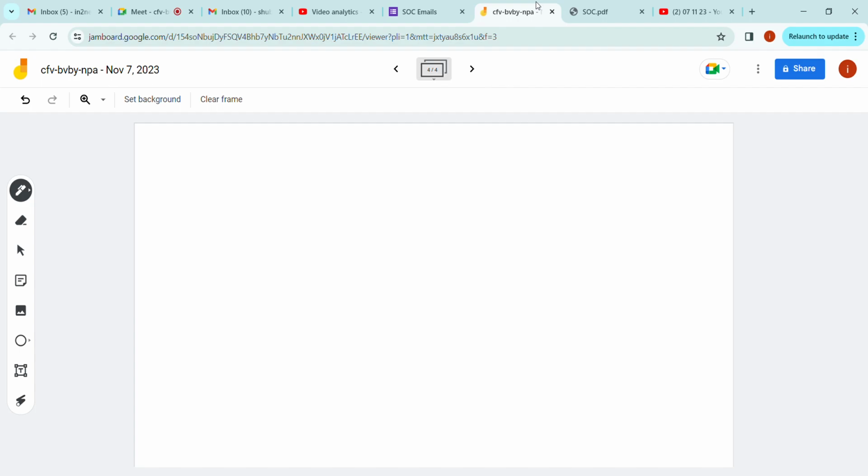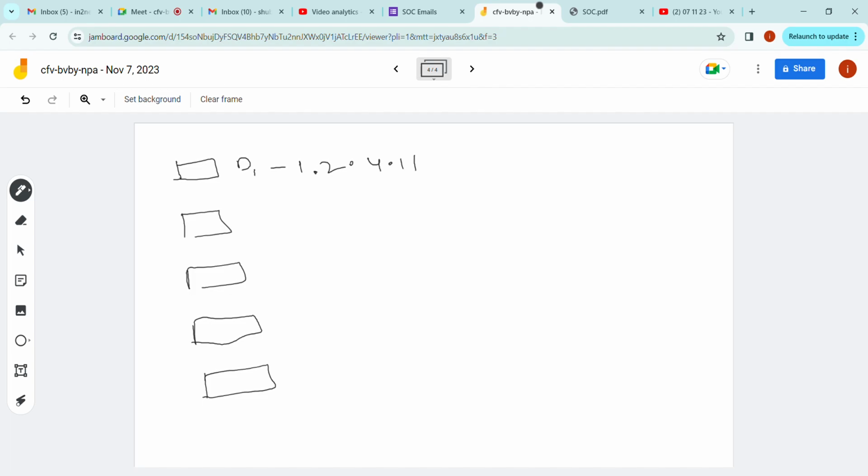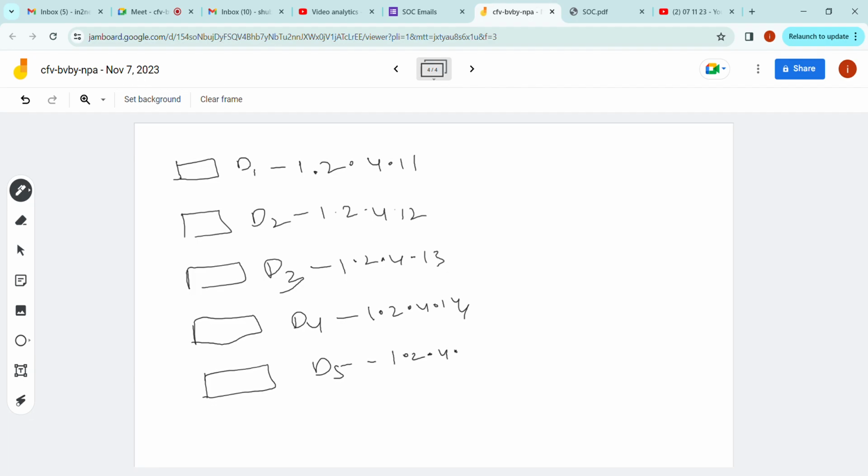For example, we have machines, laptops or desktops, and we are trying to scan among all these devices: device 3 at 1.2.4.13, device 4 at 1.2.4.14, device 5 at 1.2.4.15. For these machines, the scanning is done for port number